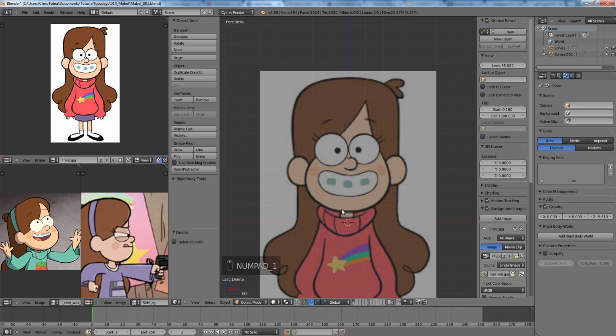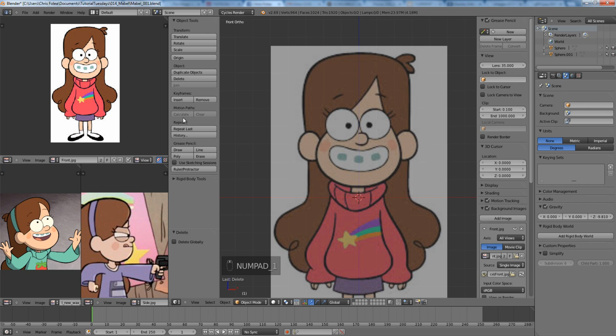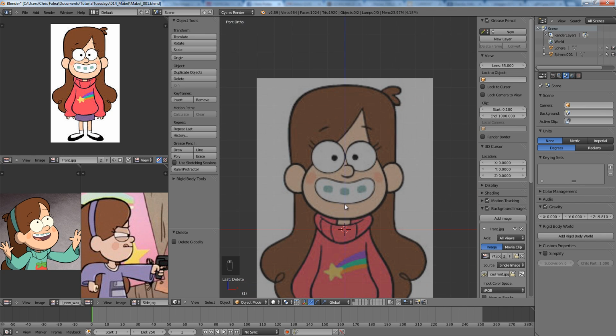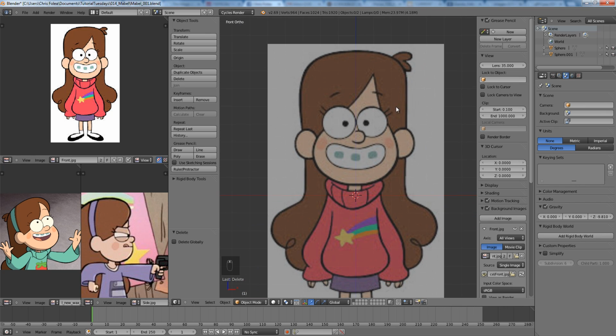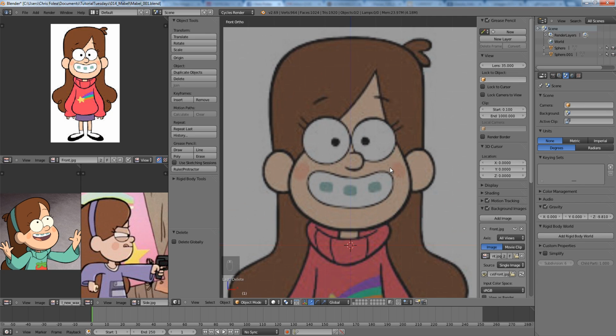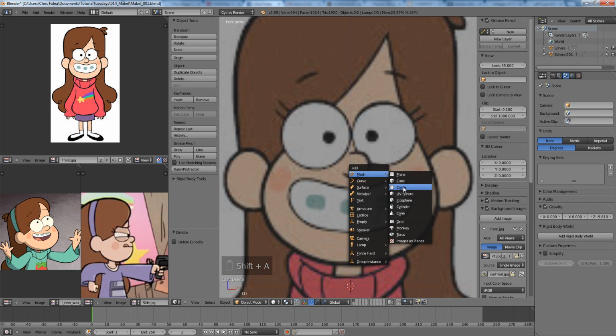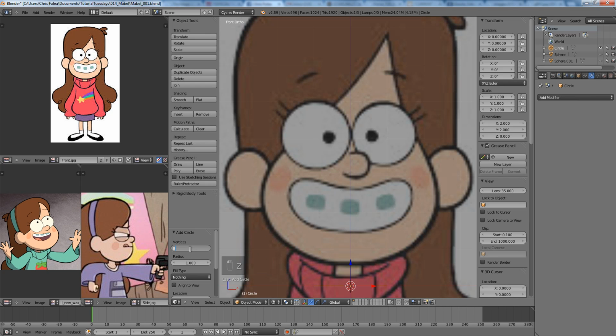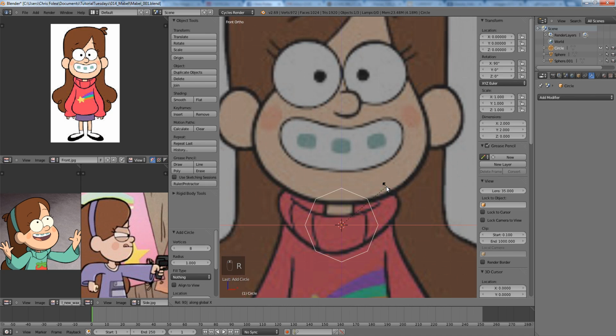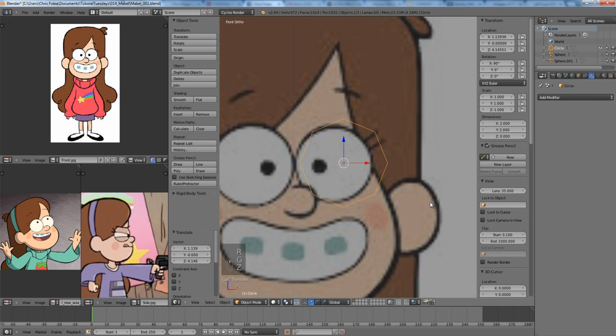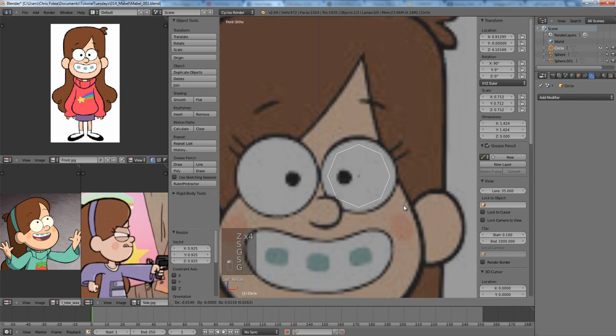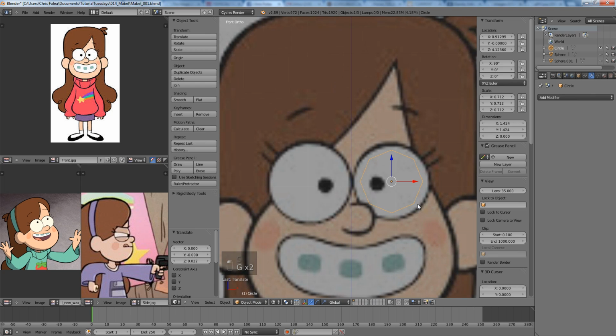So in the meantime, I'm going to do a character modeling tutorial. And I know a lot of you are familiar with the cube head modeling, where you do the insets and stuff like that, but we're going to start the same way that I always start, which is with a circle with 8 subdivisions. Oh, by the way, this is Mabel from Gravity Falls,